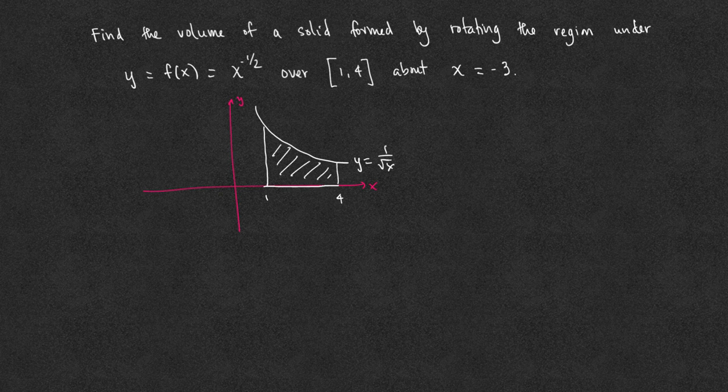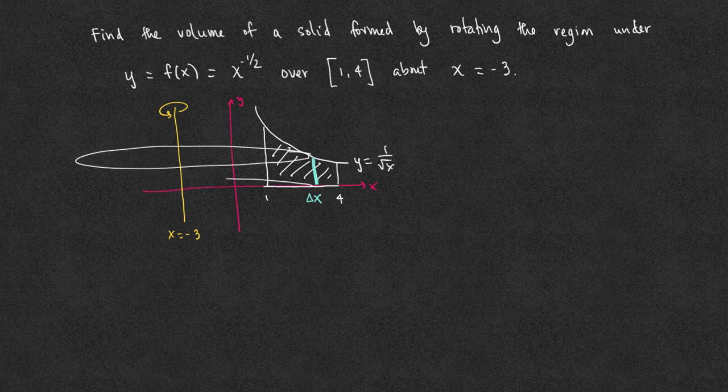This time we take this region and we rotate it about the line x equals negative 3, which is neither the x nor the y axis. Using the shell method, we will slide the solid parallel to the axis of rotation, which is a vertical line. The thickness is therefore delta x because the cross-section is now parallel to the vertical line, so that it is perpendicular to the x-axis. We obtain a representative shell whose